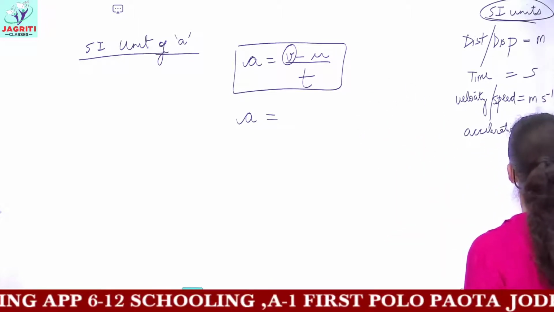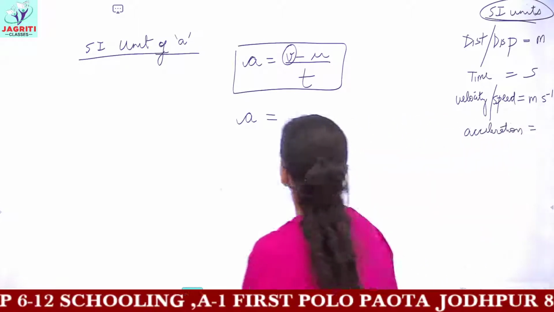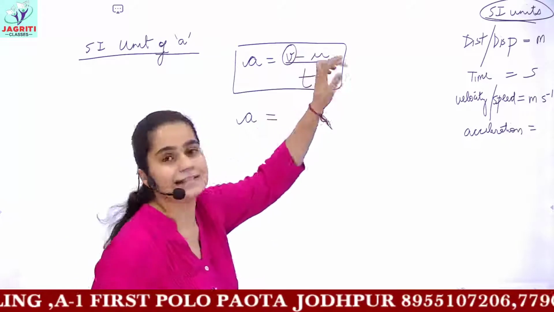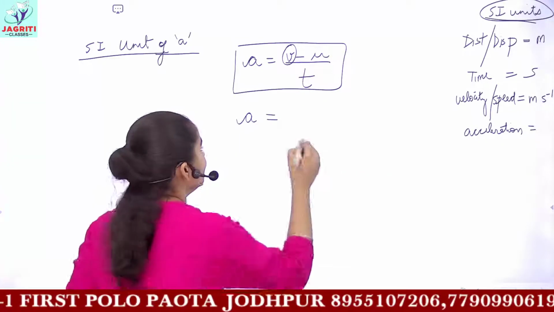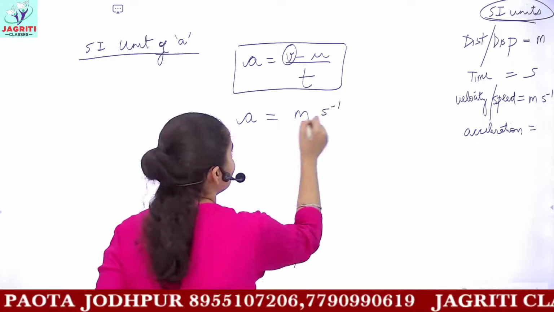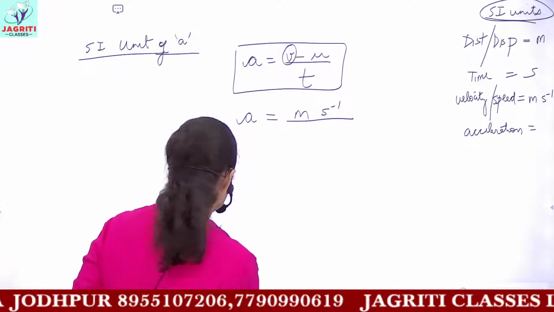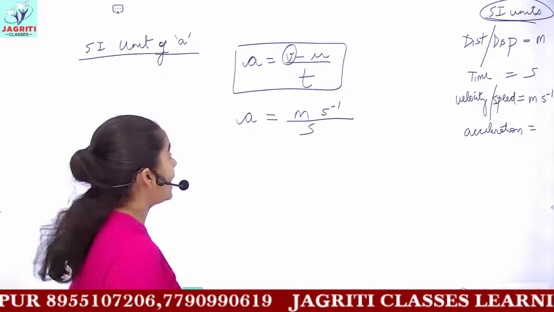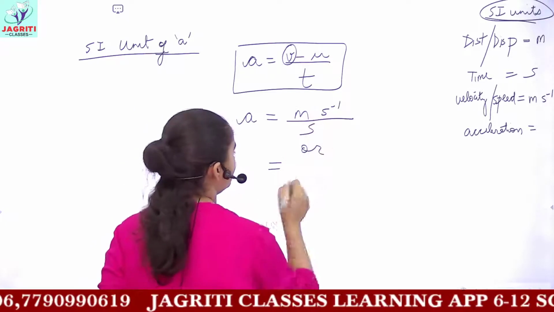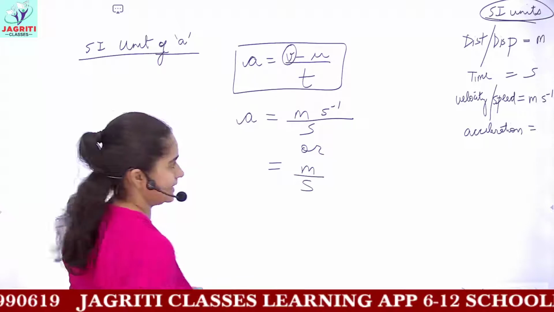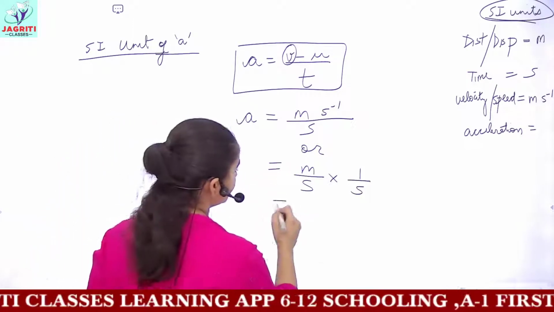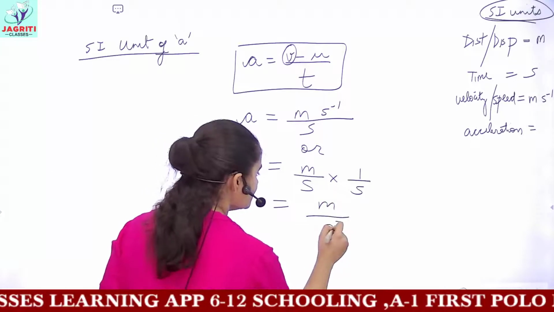So let's see what is the unit of acceleration. You have your velocities in meter per second. So whenever you find the difference, the unit which would come would be meter per second. So you have meter per second, and then time. The unit of time is seconds. And meter per second, I told you, I can also write as meter second inverse. And for the unit of time, you have a second again. So this gives you meter per second square.